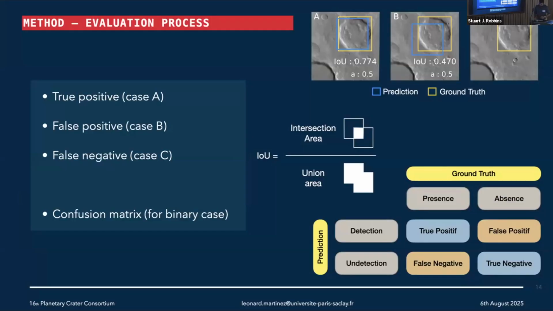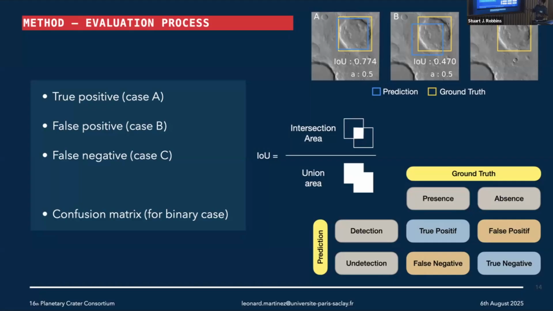So the first thing when you want to evaluate a model is to know what is a good detection or not. Everything in this is a matter of threshold. You put a threshold, in general in the literature it is 0.5 on the IOU, which is the intersection area between prediction and ground truth with respect to the union area. And you can see that if the prediction area matches the ground truth pretty well, your IOU is higher than